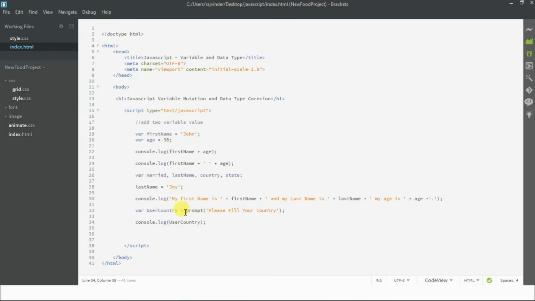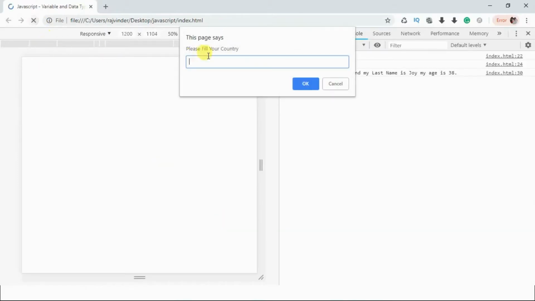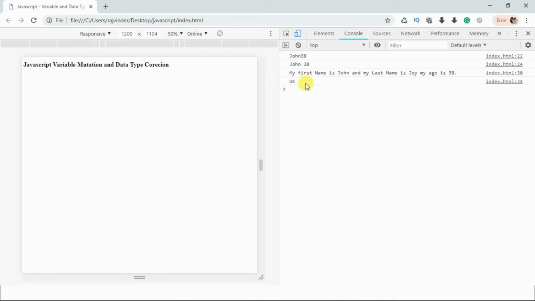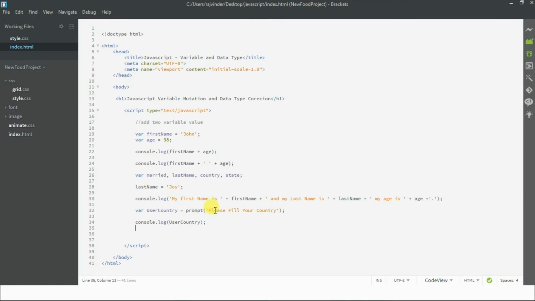You have to learn in this code. You have to prompt this line, and by this line the pop-up comes in a window when I refresh the Chrome browser. The please fill your country, and I put UK. And see the UK comes in console. So by prompt we have to store the value in this JavaScript variable, and also you have to use alert,